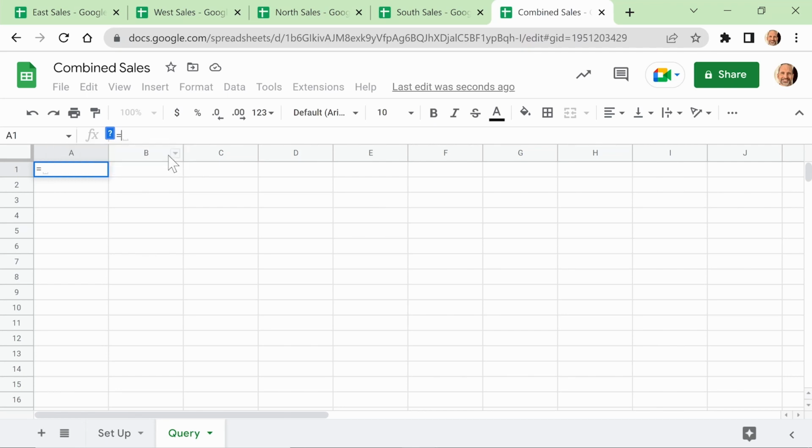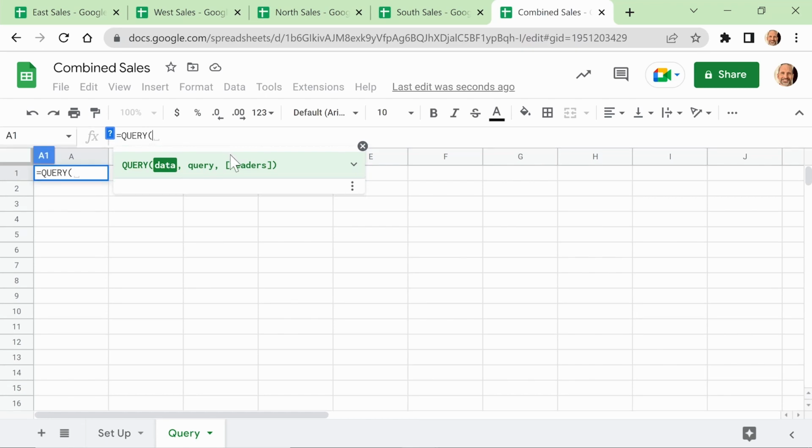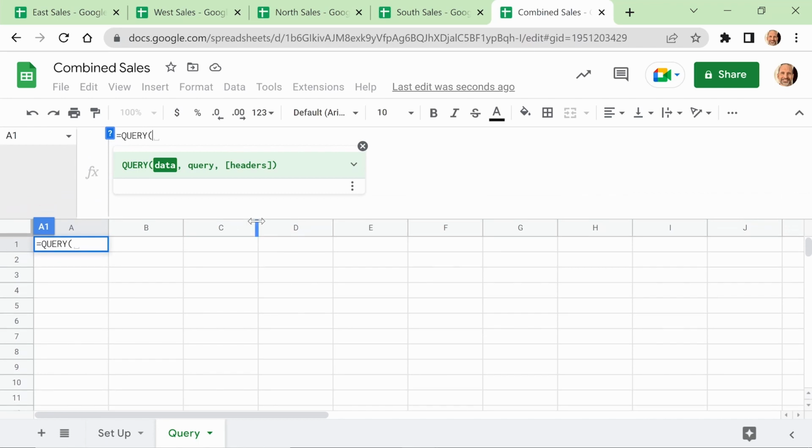So let's do this query. Query is a function that actually brings the SQL language capabilities into Google Sheets. So we're going to veer out of typical spreadsheet language and into a little bit of SQL here. If you're familiar with SQL, this could be a great thing. If you're not, there'll be a little bit of a learning curve. I just took the formula box and dragged it down to give us a little bit